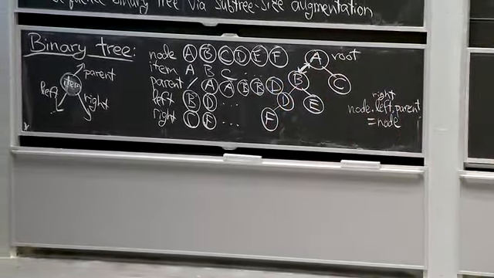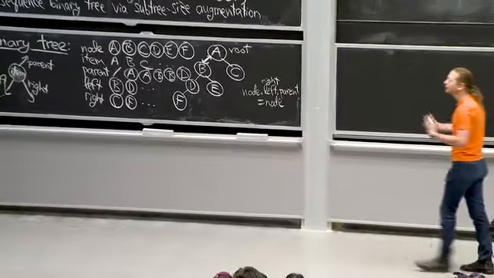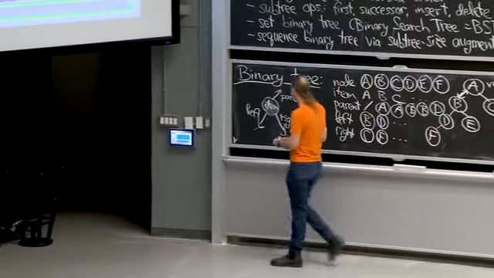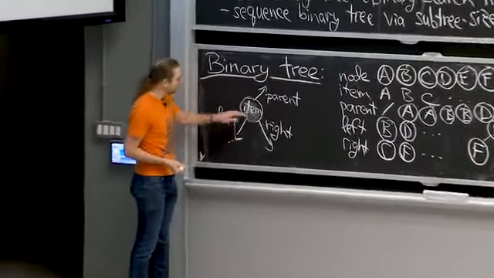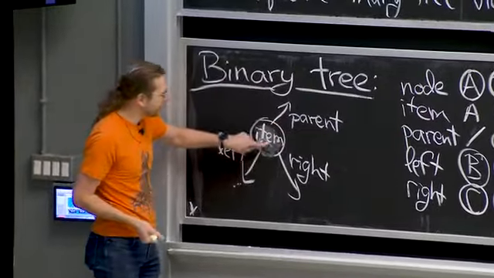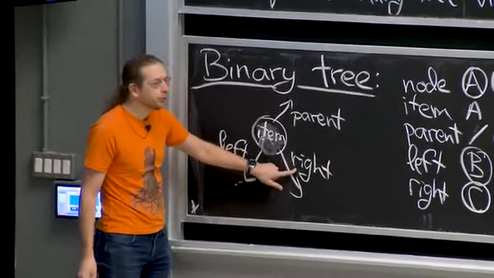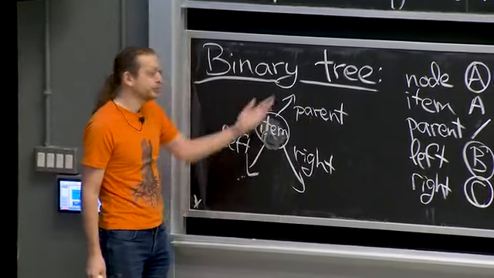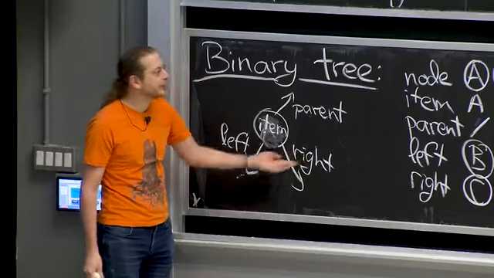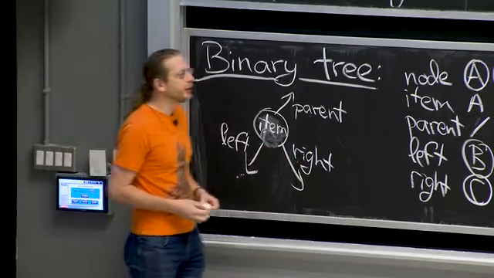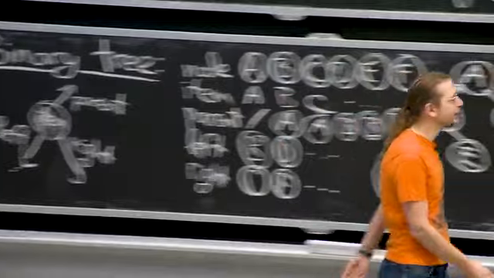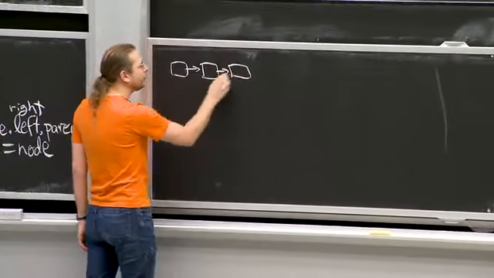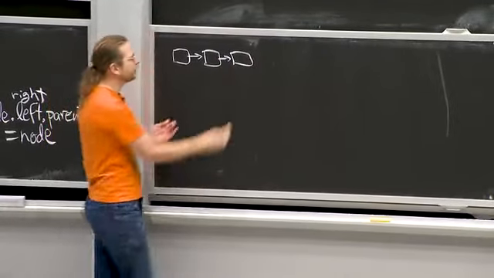Now, the intuition of what's going on here is, you could say we're inspired by a linked list. A linked list had a very similar structure. There's a node, it had an item in it, and it had a next pointer, and it had a previous pointer. So if it's doubly linked, we had a previous pointer. If it was singly linked, we only had a next pointer. And if you think about the limits of linked lists, especially singly linked lists, if you just have one pointer per node, you can only build a list. And so the result is,